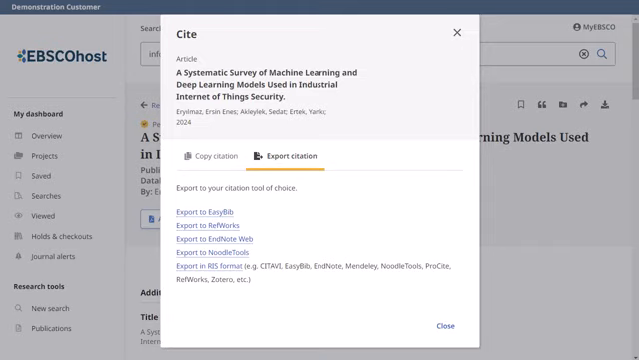You can also add multiple articles to the saved area of the dashboard and export the citations all at once